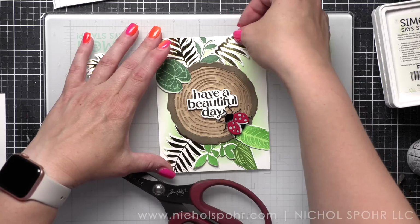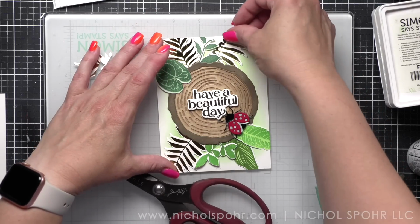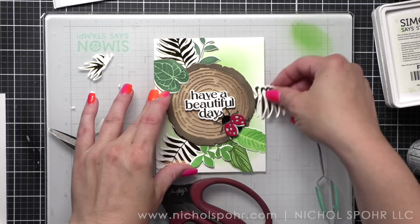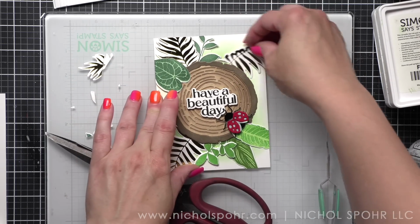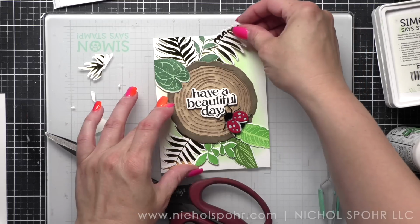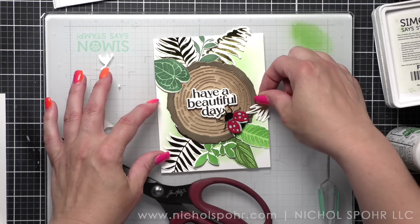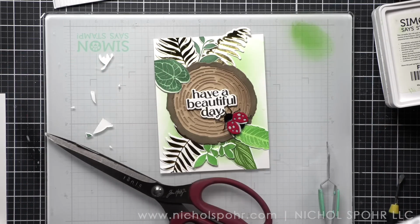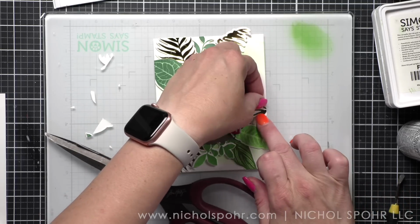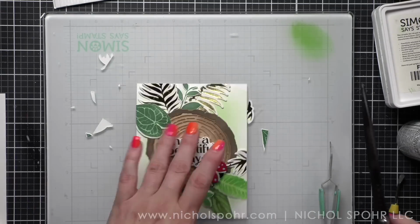And then that other little tip, I think I'm going to pull down towards the bottom, which is one of my favorite things to do. If you have excess leaves or flowers or whatever element, if it's big enough, you can often save those pieces to use either on other projects, other cards, or use it like I'm going to here, kind of coming in from this side. And I like that. I'm going to glue this to a white top fold card base, and this card is